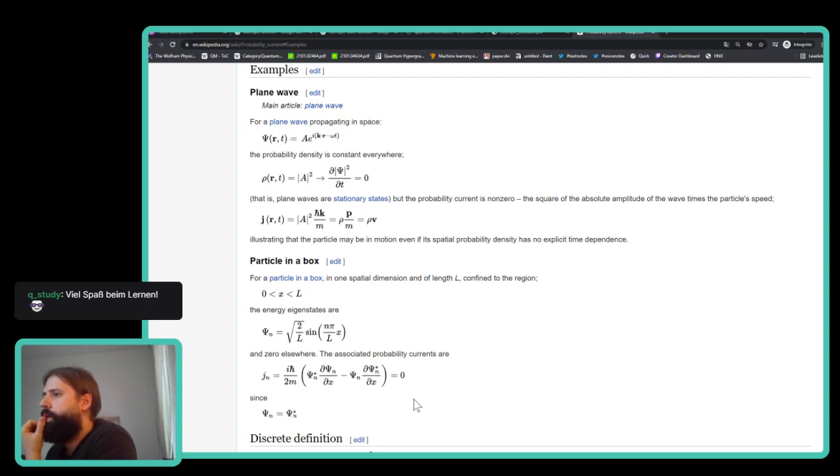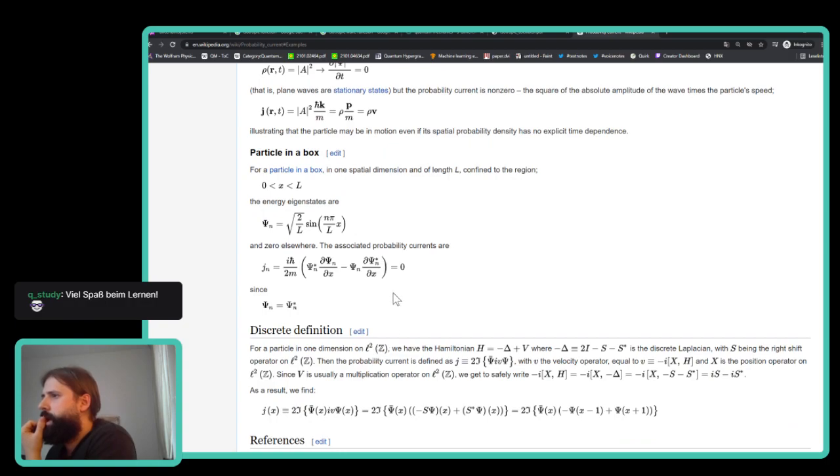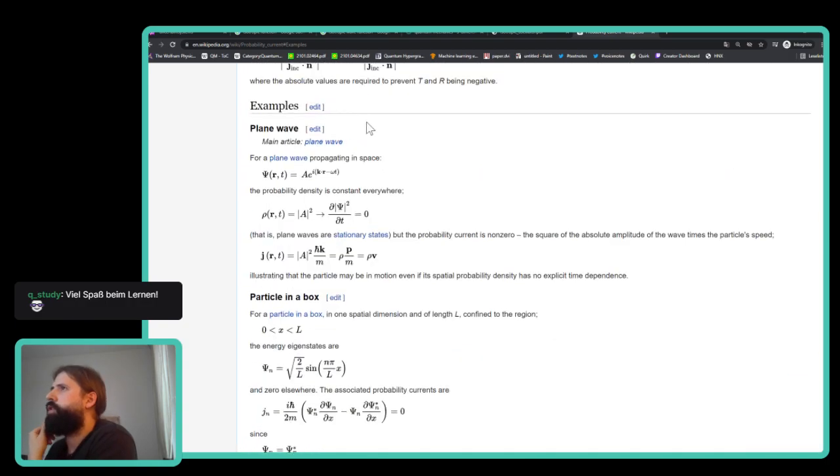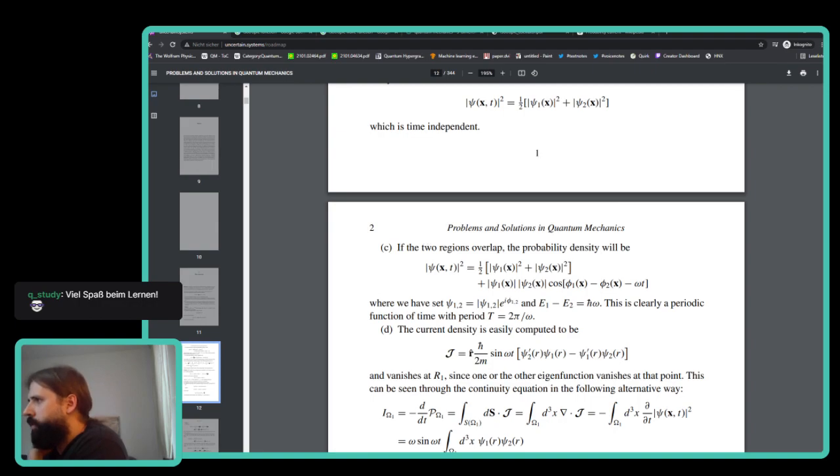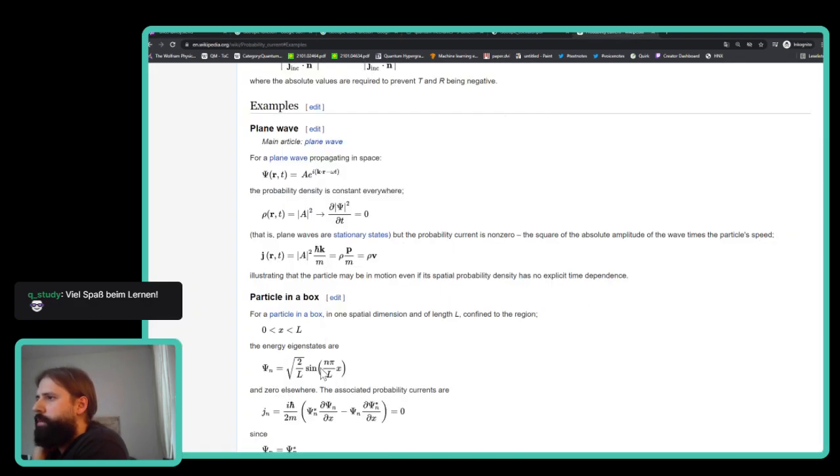A plane wave. I wish the solutions would explain a bit more the reasoning behind why it is this way. R hat h bar divided by 2 times m. That is awfully similar to these, but then